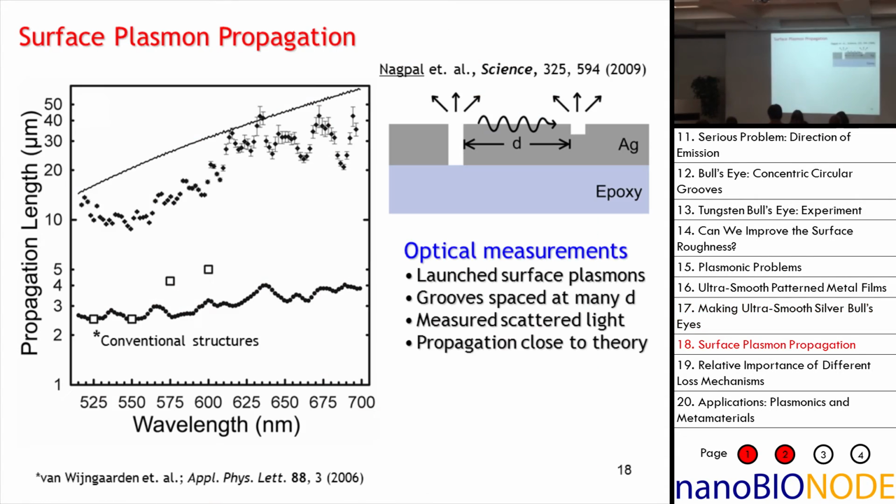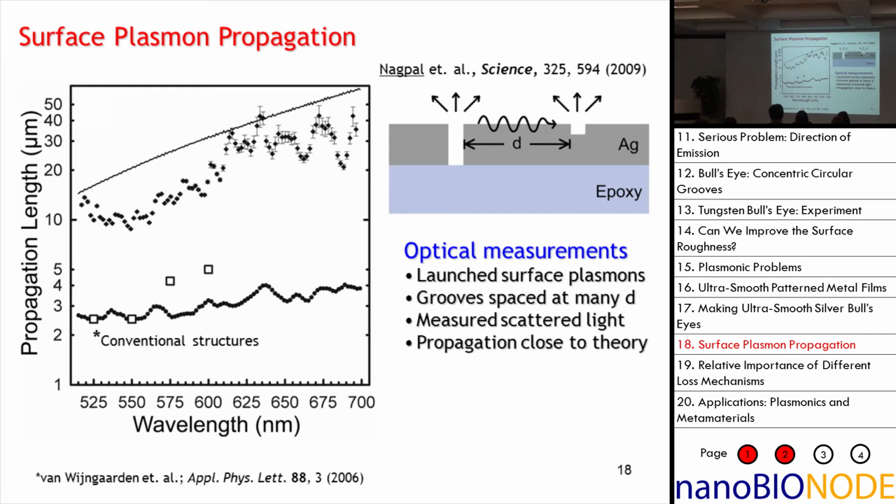plasmon propagation lengths. So to characterize the propagation of surface plasmons, we created a whole series of slits and grooves. So we would propagate these plasmons by these nanoscale slits and then scatter them off. Because they were so flat, we didn't really see any light emission from these. We'd have to create these nanoscale grooves or lines so we can scatter these plasmons at different lengths and see how far they were traveling when you try to create plasmons in visible wavelengths. So we created a whole series of them, and we used white light to characterize how far these plasmons were